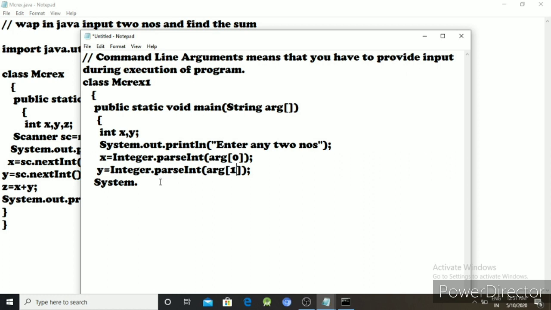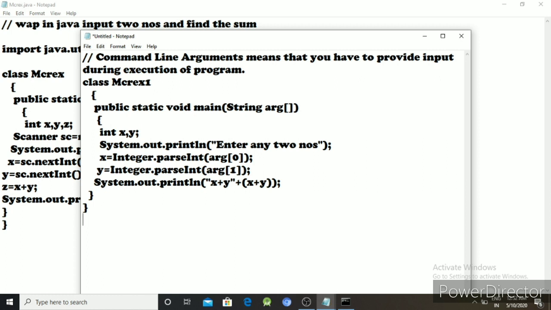Similarly we use system dot out dot println. Okay, so here x plus y equal to, here plus x plus y, semicolon.